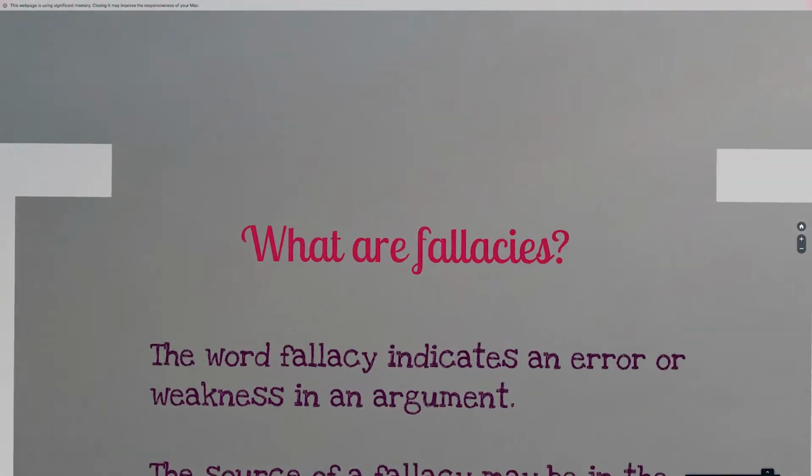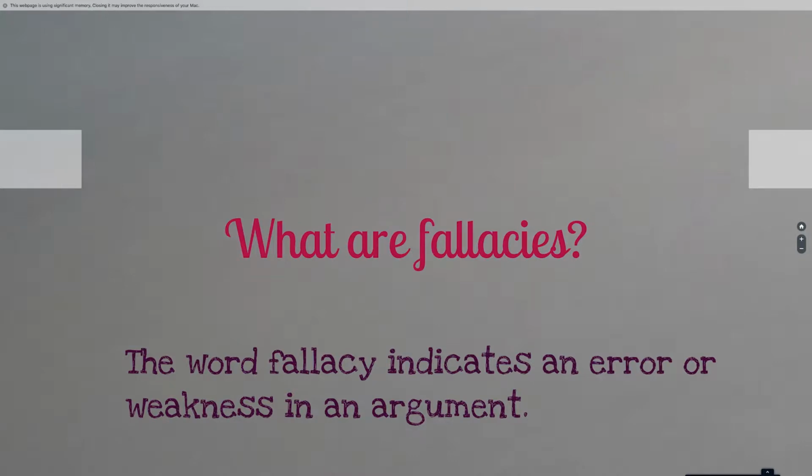Last time we talked about ethical reasoning, but sometimes actors are not very ethical. What happens when an advocate is not using ethical reasoning? Well, sometimes that's what we call a fallacy. Fallacies indicate an error or a weakness in argument. They don't indicate that the argument's not true or that it's not believed, just that there's something wrong with the